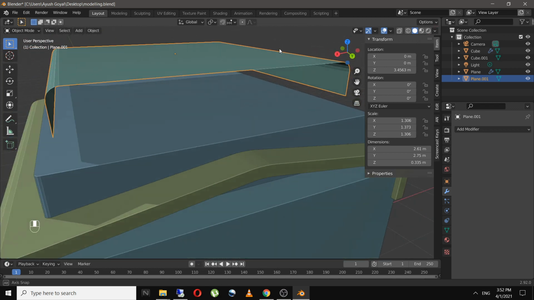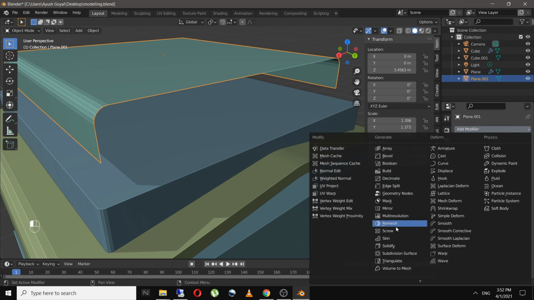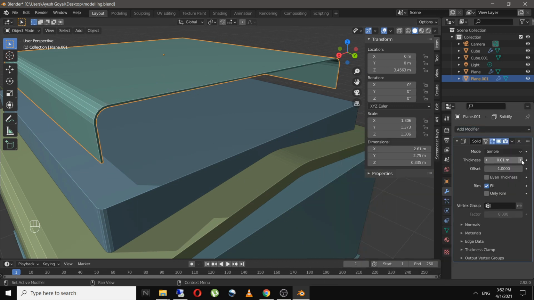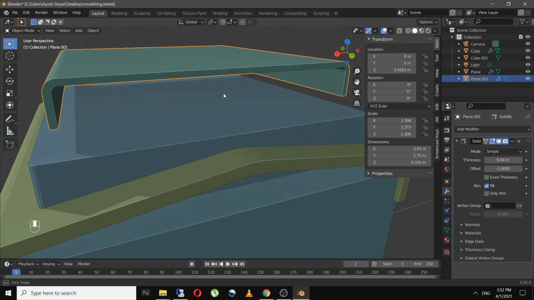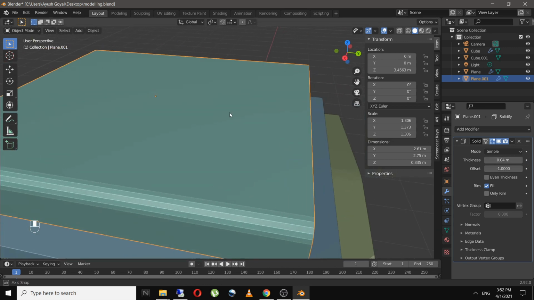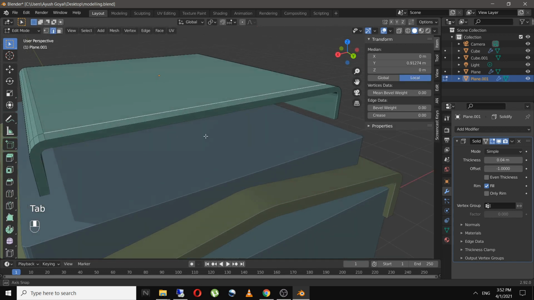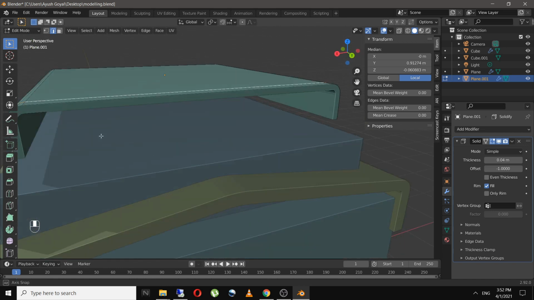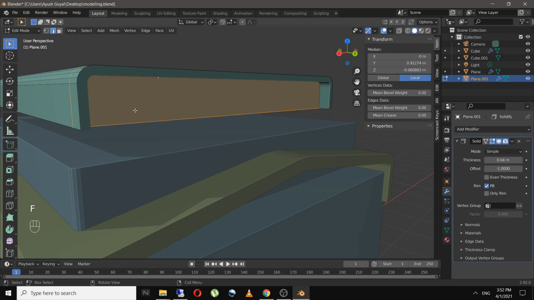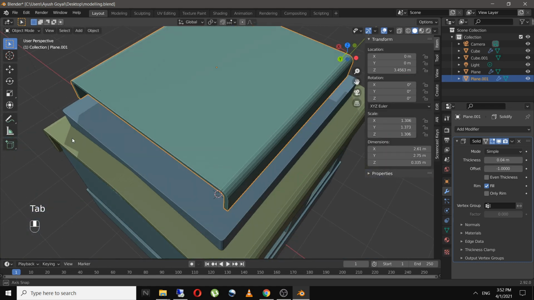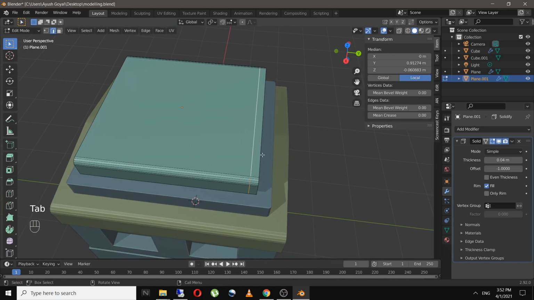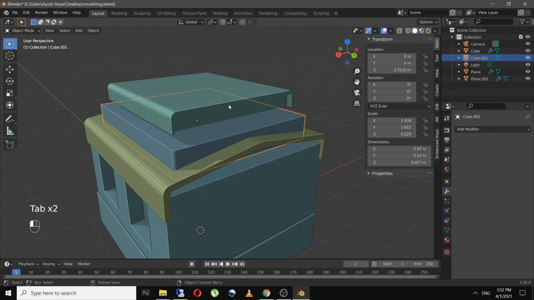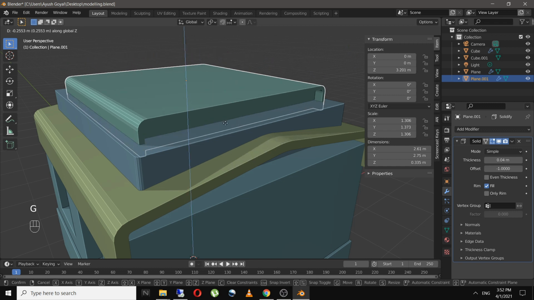And now I will add a solidify modifier and increase the thickness to 0.04. And in edit mode, I will select this edge loop and click on F, just like this. And I will bring it down over here.